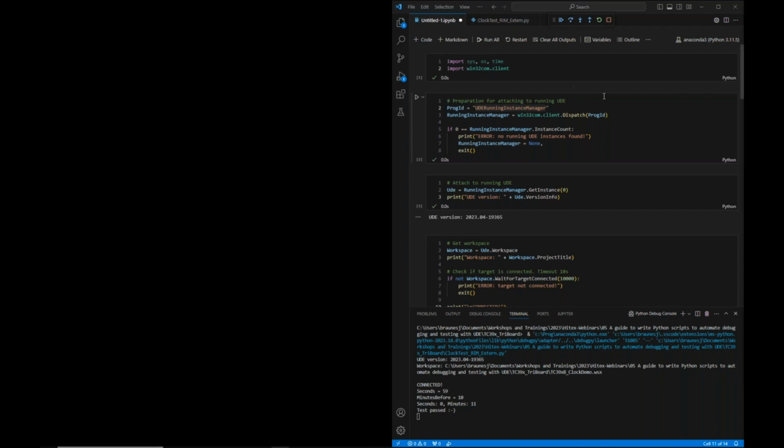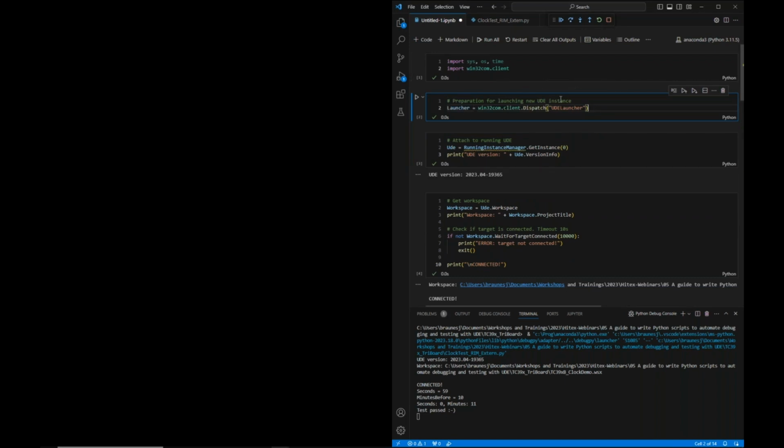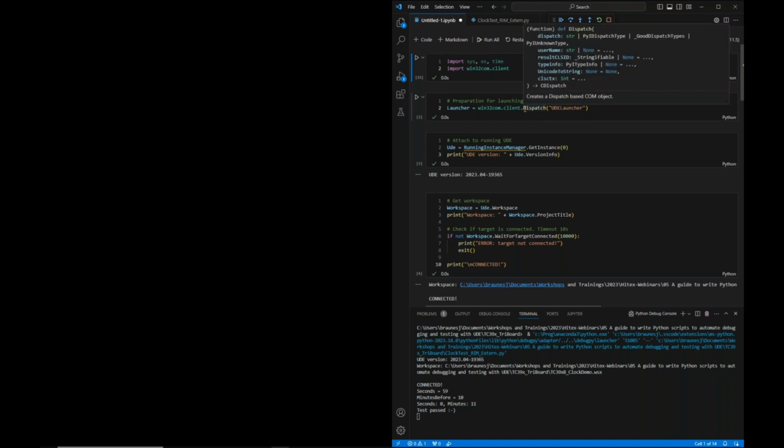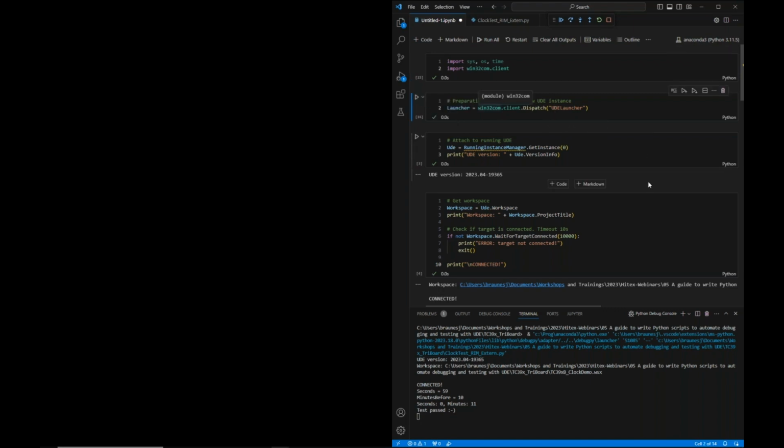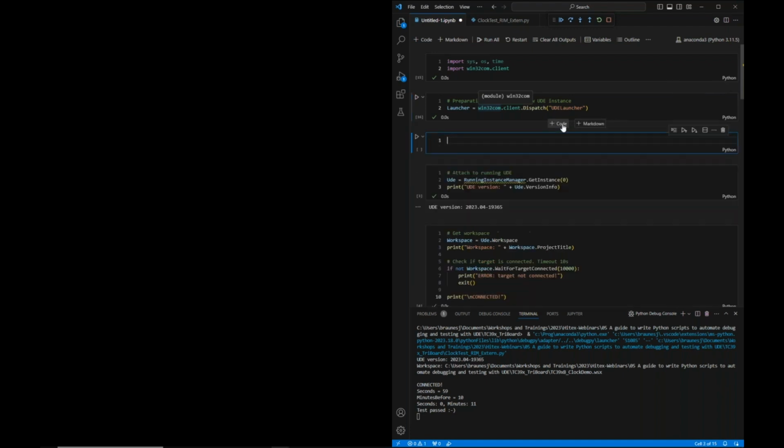That's why I changed the first lines here. We need the imports, of course. We have to execute this. But now we ask the COM subsystem and the COM library for the UDE launcher object, which is also registered in the Windows registry. We ask for the launcher, we got the launcher, and then we need some